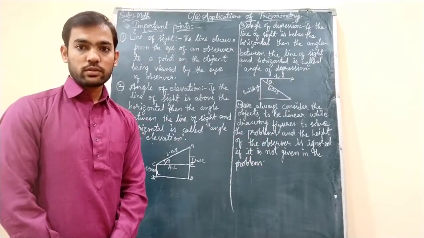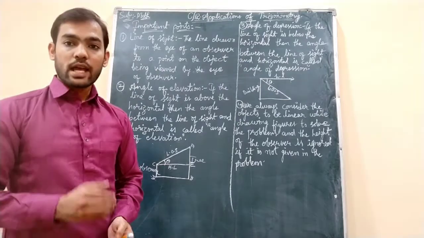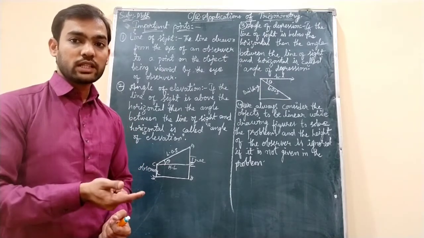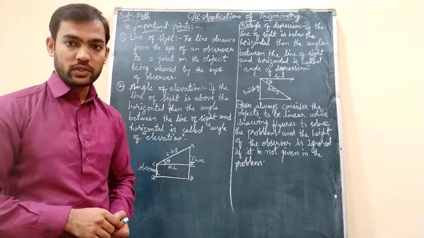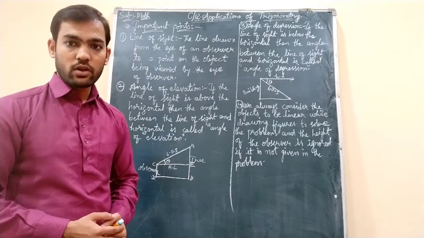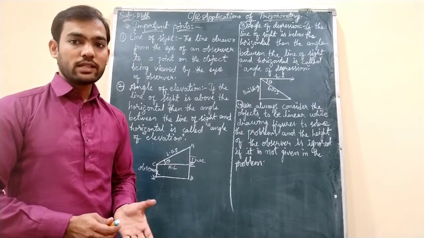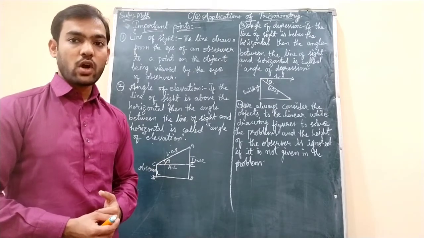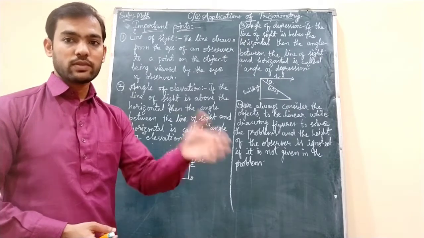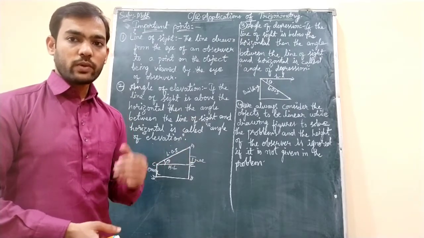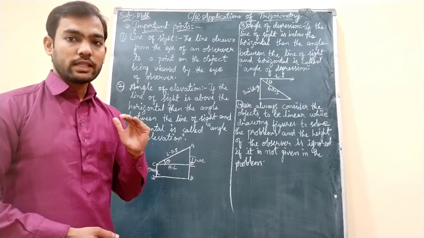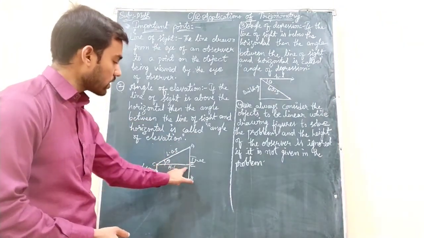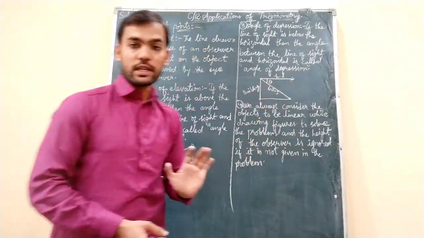Understand students? Again I will say, the line of sight is the line drawn from the observer's eye to the object that he is seeing through his eye. Okay, that straight line drawn is known as the line of sight, and the line of sight can always be above the horizontal or below the horizontal. We will not take it with respect to the vertical lines in our diagram. Okay, so from wherever you are seeing, firstly this horizontal line should be drawn.